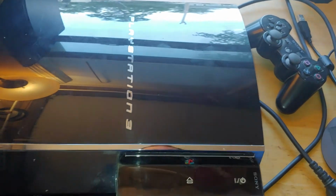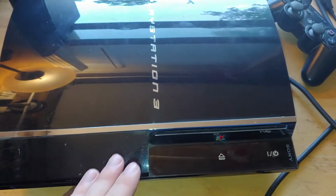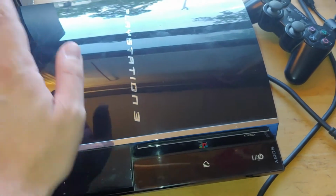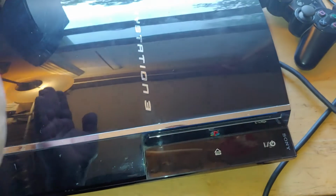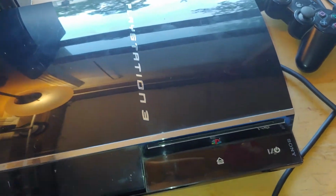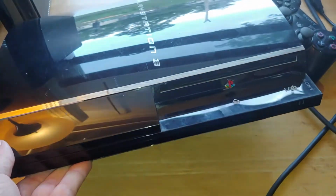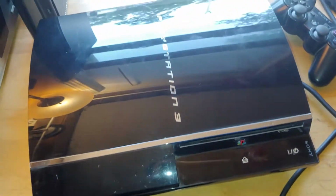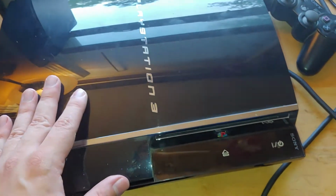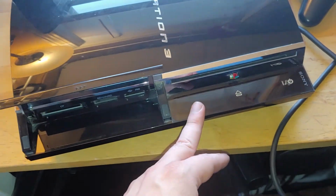So yeah, hopefully this will last a little while, but I'm just afraid that if I use it and have a disc in there and it dies on me, there's no way of getting the disc out unless I manually pry open the drive and take the disc out, which is how I ended up unfortunately destroying my other one. But I might just do more of the whole digital downloads thing on this one, just in case that does happen. That way I don't have to worry about a disc being stuck in there and I gotta pull the